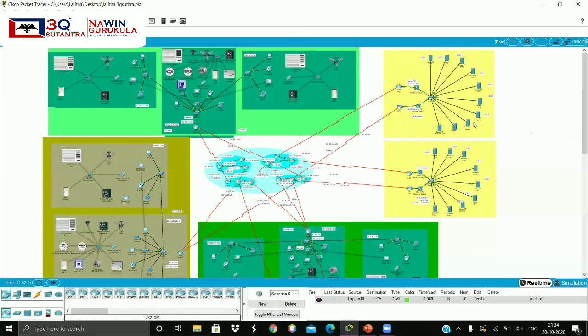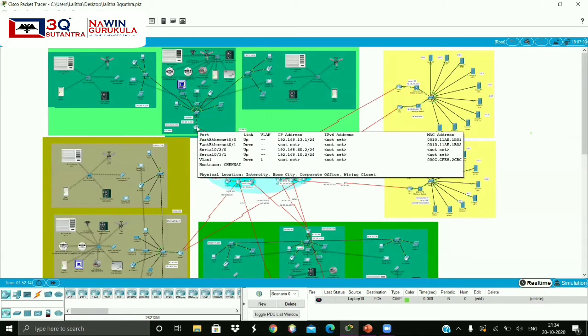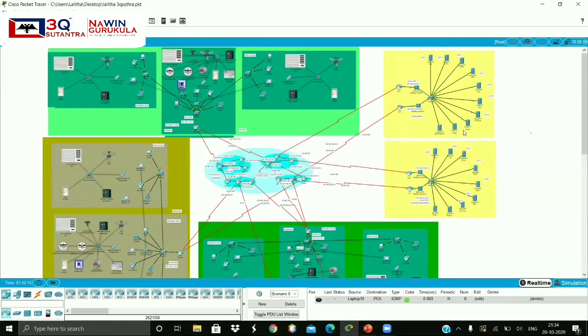And next comes TACACS. Here TACACS will act as a centralized validation, and RADIUS will act as a remote authentication. So if you want to get into this router, you should give a password. That password will be sent to a server here. It will validate whether that password is valid or not. If it's valid, it will give access to that user, or else no. So it will act as a centralized validation.